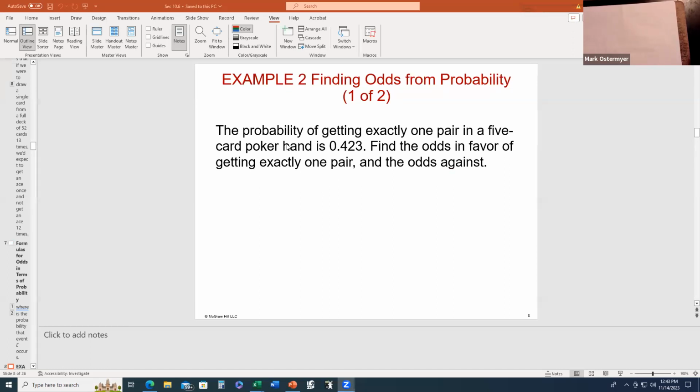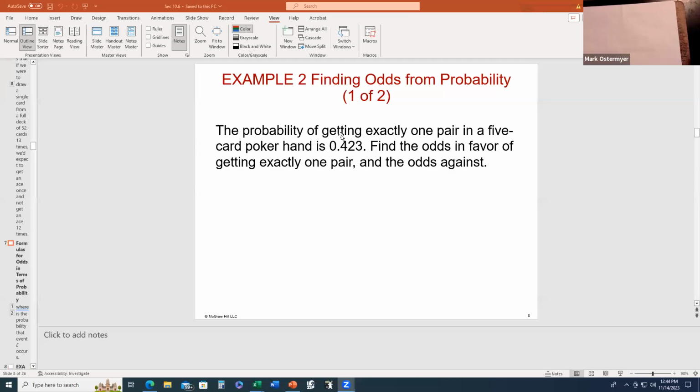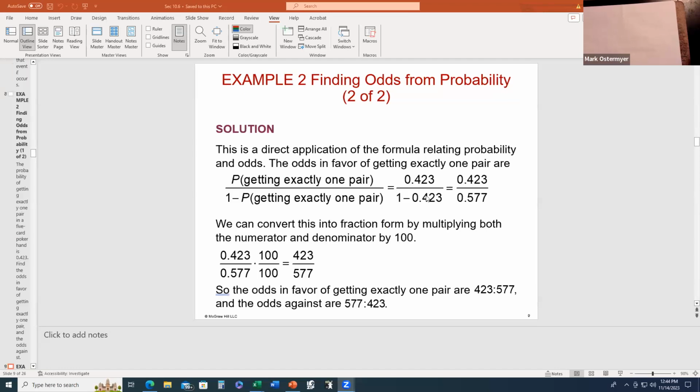So here's an example. The probability of getting exactly 1 pair in a 5-card poker hand is 0.423. Find the odds in favor of getting exactly 1 pair in a 5-card poker hand. Well, the odds in favor would be equal to the probability of getting a pair in a 5-card poker hand, which is 0.423, divided by 1 minus 0.423, which would give you 0.423 to 0.577. And if you simplified this